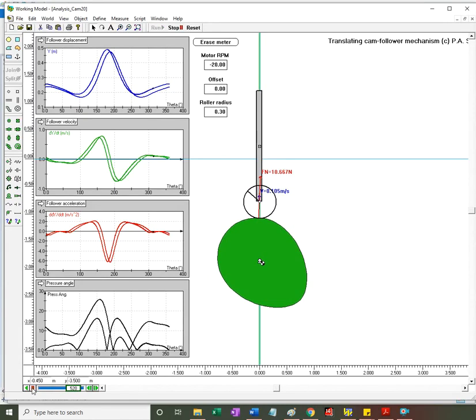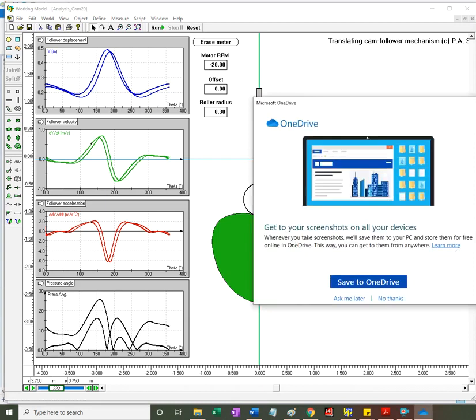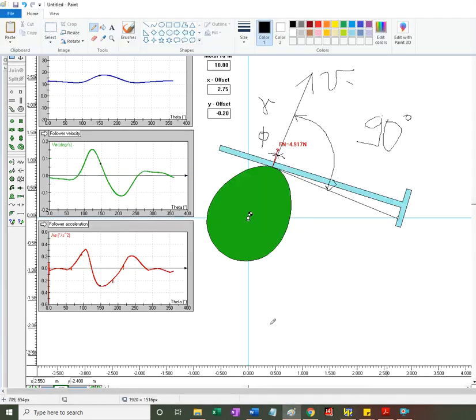So the software allowed us to represent both the normal force as well as, let's see with this one. So I take a screenshot, print screen, and go back to Paint,